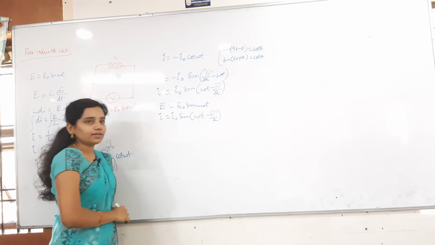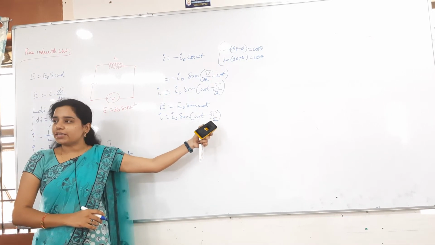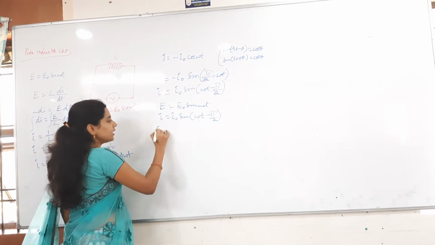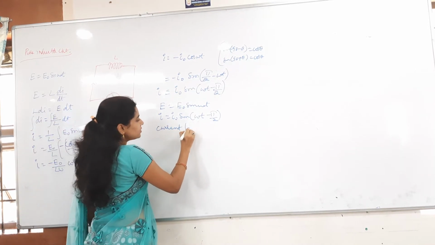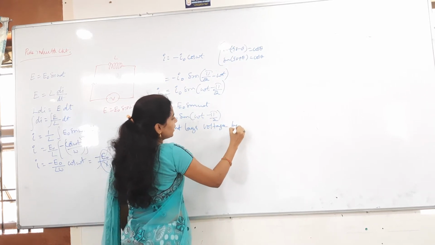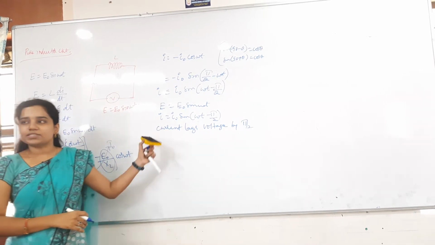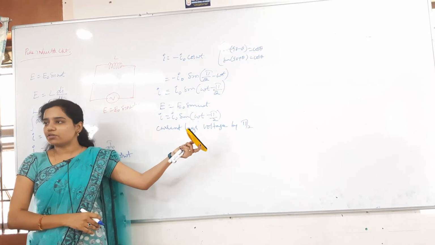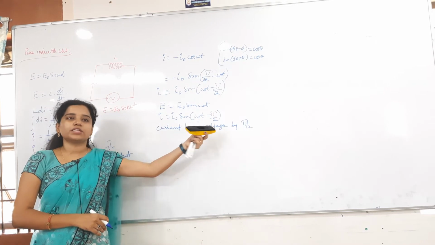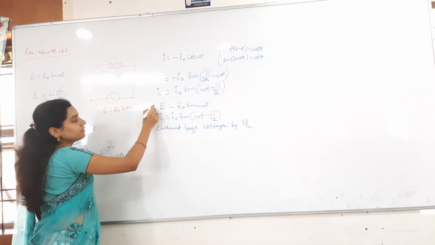Then what can I say here? Current is lagging. Why? Because we got minus. Current is lagging, voltage is leading. So current lags voltage by pi by 2. For lagging, there is no need to indicate minus separately; we are saying lagging only, and lagging gives you minus obviously. So current lags behind the voltage by pi by 2. Now this is the current and voltage equations we got.